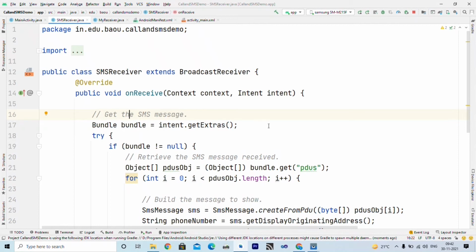Here we get the intent. Whenever your phone receives SMS, this SMS receiver automatically receives it. Now how is that possible?